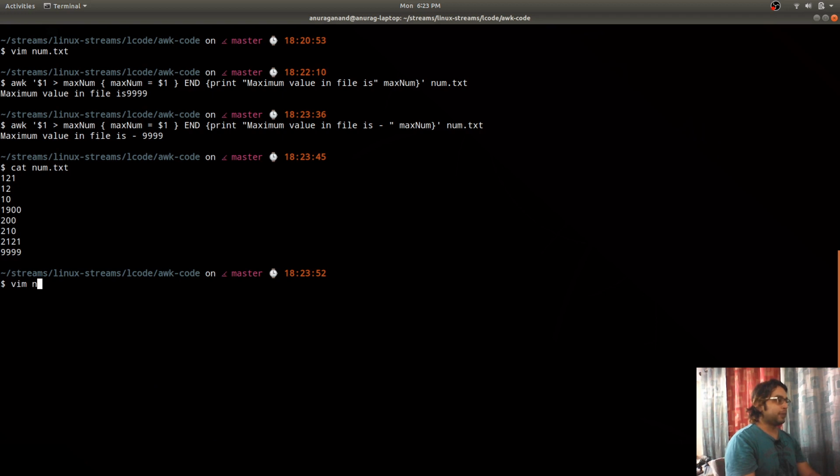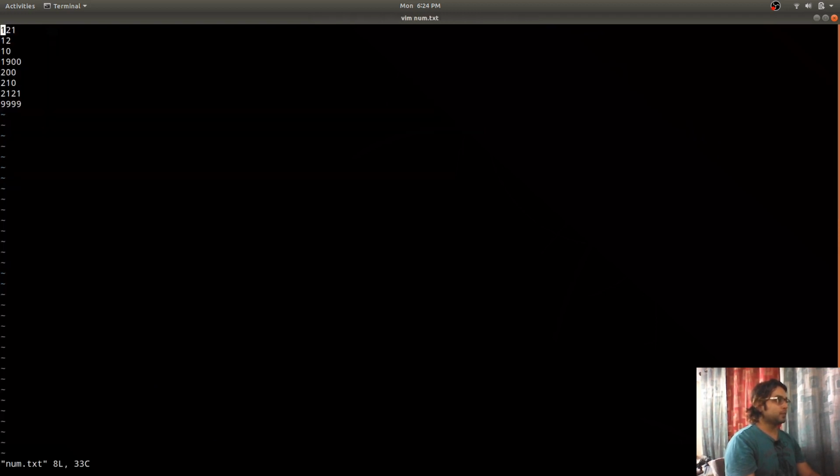So for example, if I modify this to have the name of a person, and the maximum amount of money he has saved over the years, the rupees of savings that he has. So I'm going to create a file where there is the name of that person, and in the next column there is the amount that he has saved over 1 year.